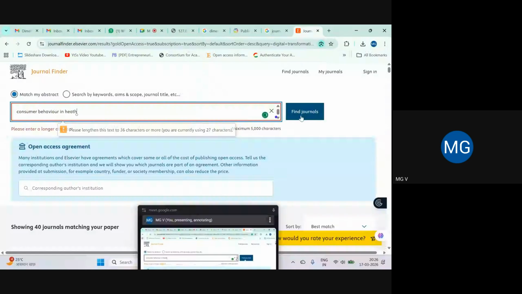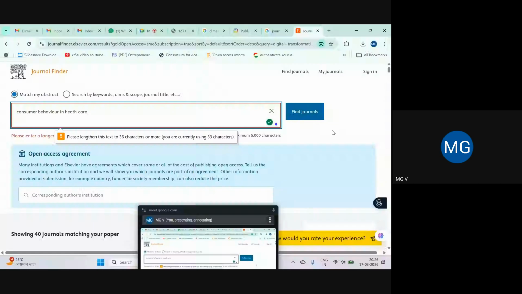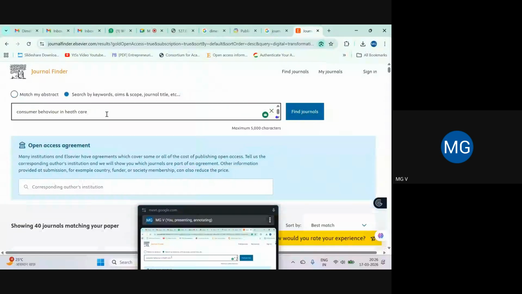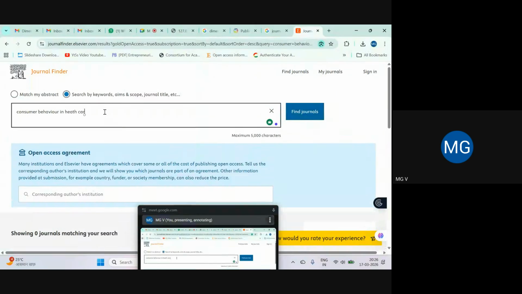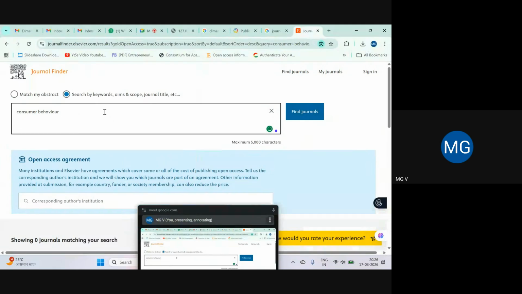Okay, now see. Find journals. Zero match. So, keywords are not sufficient to find the journals.